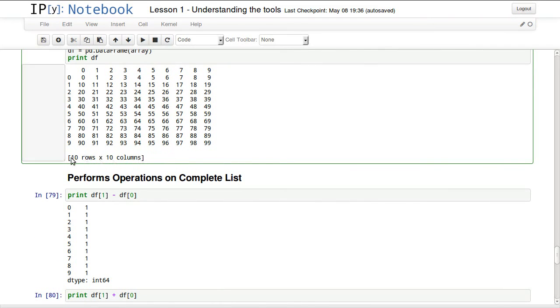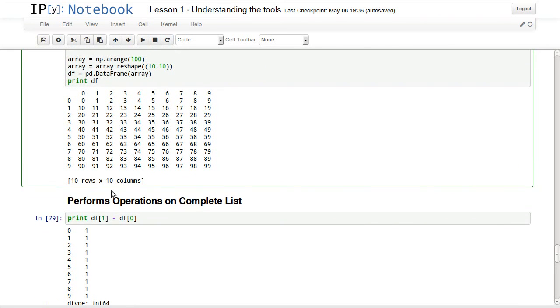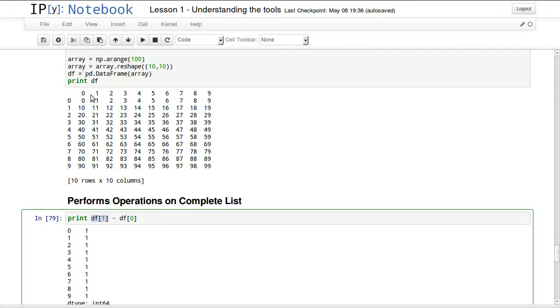It tells us that it's 10 by 10 rows and columns. Let's see how we can perform some operations on our data frame. We can access the second column, which is column number 1, minus df of 0, which is the first column. So it's subtracting the first column from the second column, and that would be 1 minus 0, which is 1,